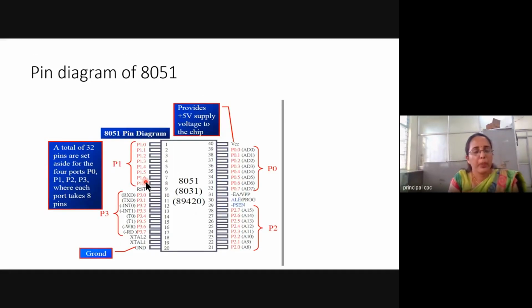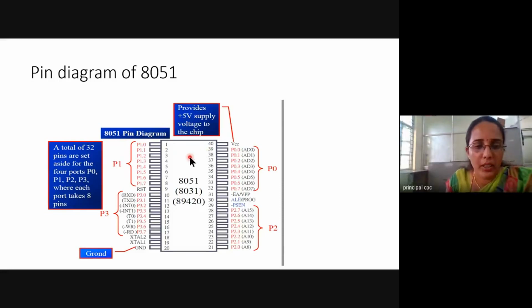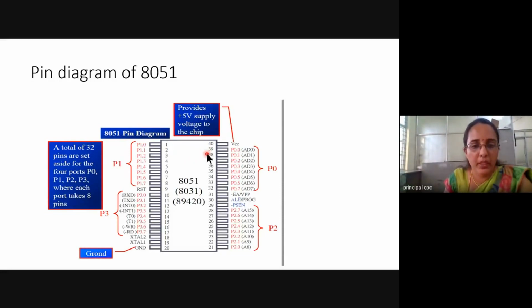Next, pin diagram of 8051. You have a 40-pin DIP, dual inline package, means two parallel lines of pins are there with 8051. And as you can see here, port 1, port 3, port 2, and port 0.